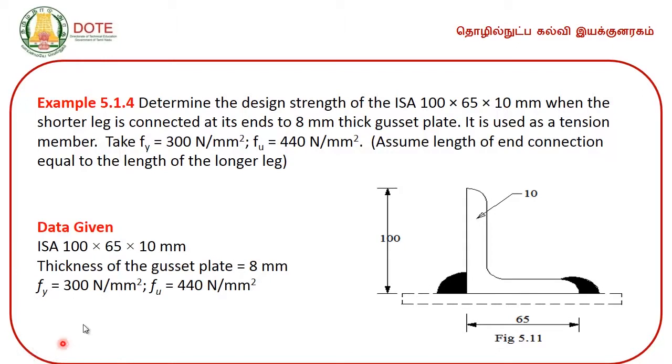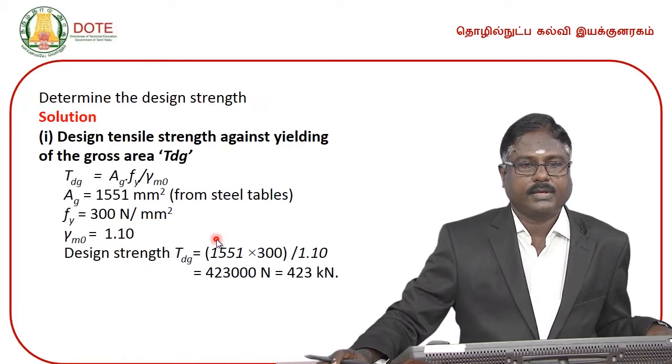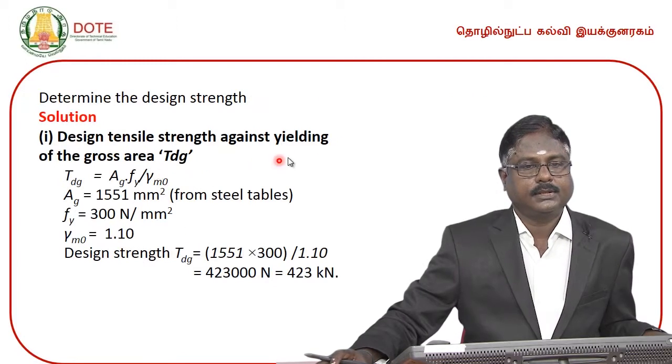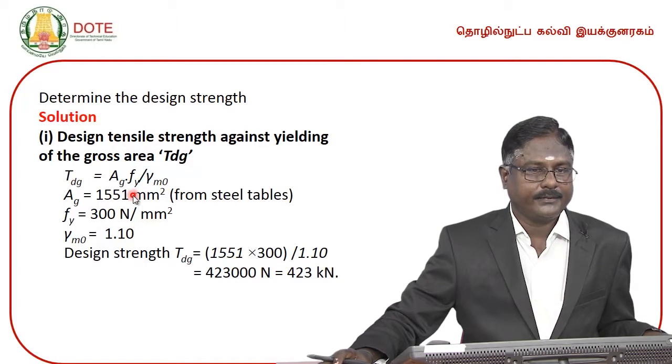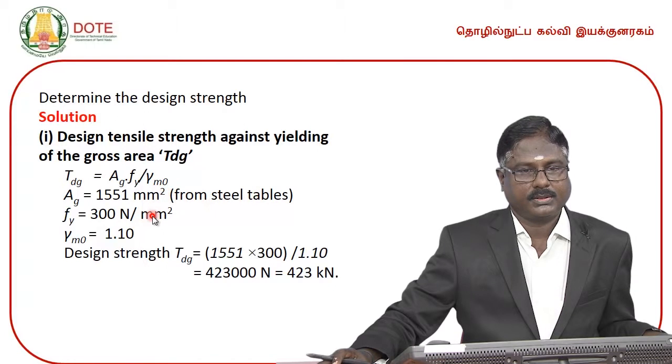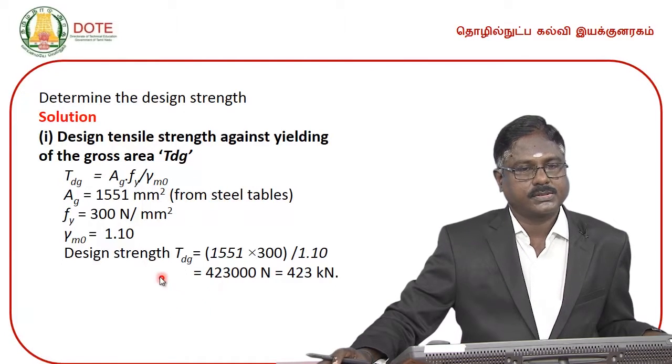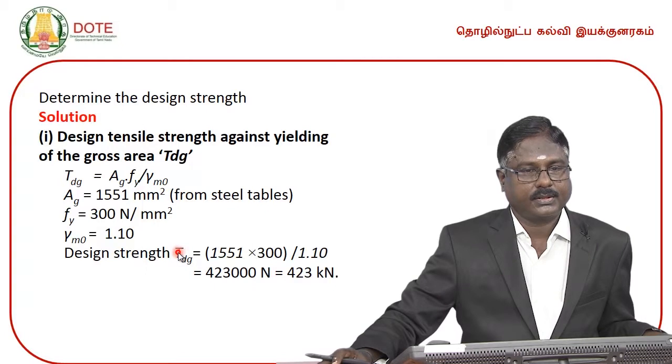And we will have a similar type of problem. There we connected the longer leg, and in this exercise the angle is connected with the smaller leg, with the same data. So, in a similar way we have calculated the design tensile strength of the given member against yielding. The gross area is 1005. Of course, all these values are available in the handbook. Substituting the relevant values, we get the design strength of the member under tension as 423 kilonewton,